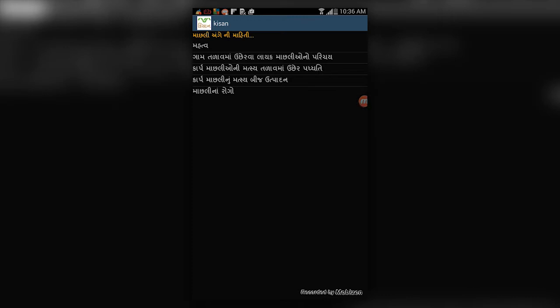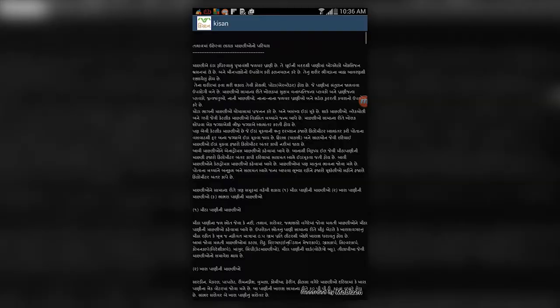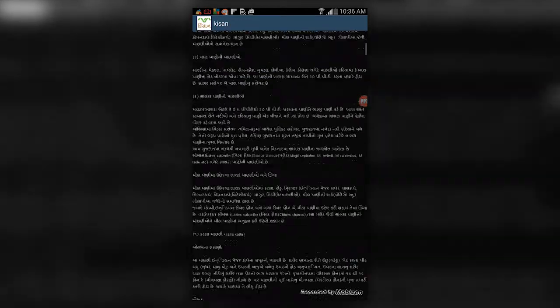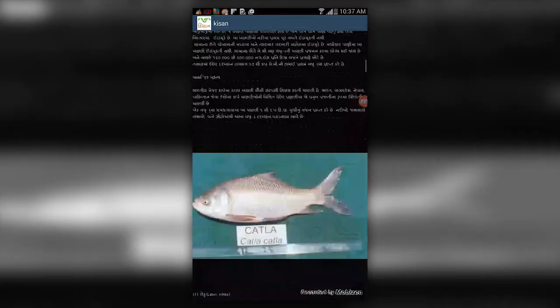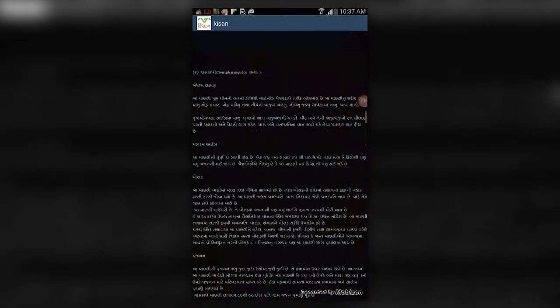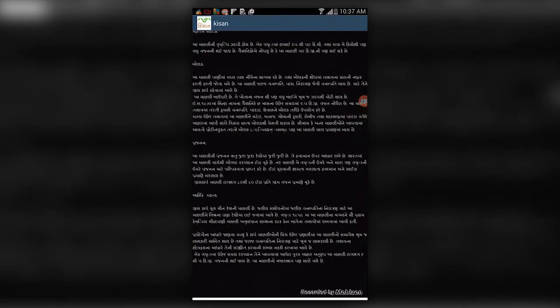The fish grown in sweet water, fish grown in saline water, the cage culture, the different varieties, the different features, and the varieties prevailing in India. Everything is available with the different features, and what kind of variety has what kind of demand in the fish market is also depicted here.